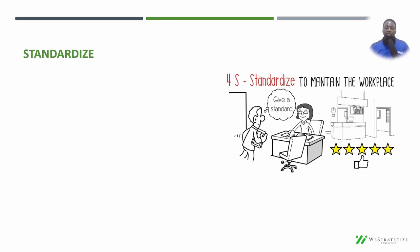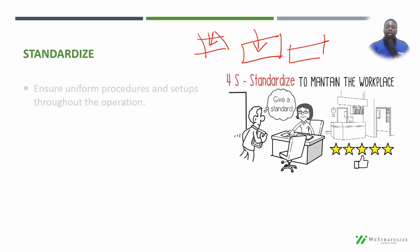So in most businesses, at the point of standardizing, you would see that you start having things like 5S markings, right? So you have a location where, as a standard, this is where I'm going to keep certain materials. As a standard, I clean this place once a week. As a standard, somebody cleans this location every 1 hour. So you begin to set standards for how you're going to